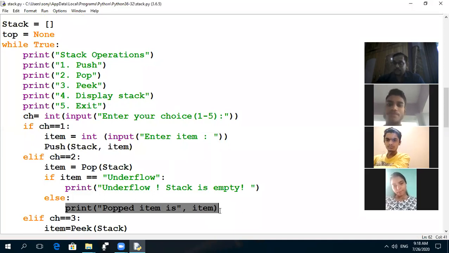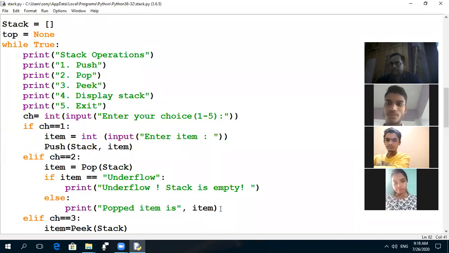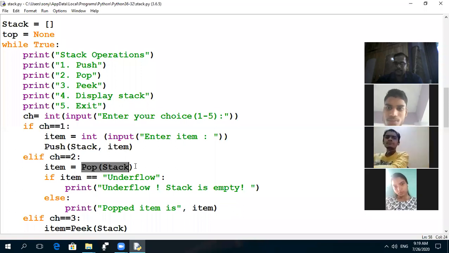Is it clear? Suppose again you want to delete one more element from the stack. What will happen? Again you want to perform the pop operation, but we know there is no element present in the stack. This time the stack is empty. Clear? Again you choose choice number 2. Pop stack. The stack value is an empty list.